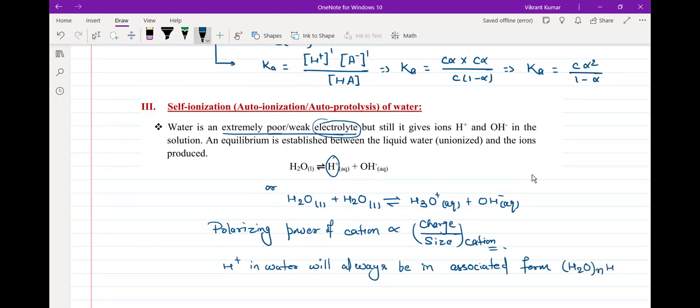So in general, we write H(H2O)n+, और इसी को लिखा हुआ रहेगा, मान लो पूरा डिटेल में लिख देगा था H2n+1On, उसके ऊपर प्लस लिख देगा. So like I'll give you an example. For example, sometimes we also write H9O4+. इसका मतलब क्या हो गया? We have got 4 molecules of water associated with 1 H+. या फिर we can write H3O+, which is the simplest representation. Like one water molecule is associated with 1 H+. This is the simplest representation.